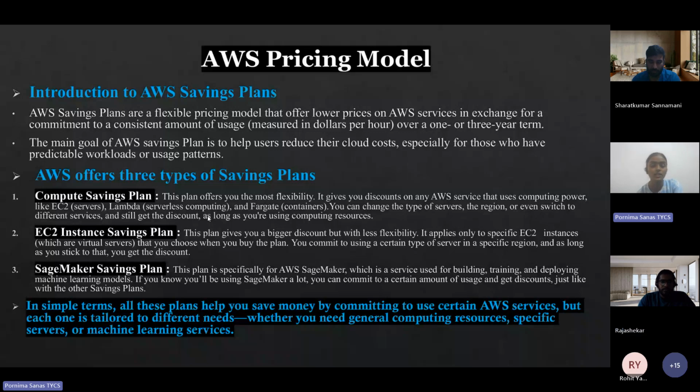And the second one is the EC2 Instance Savings Plan. It is not as flexible, but offers more discount because it provides only a